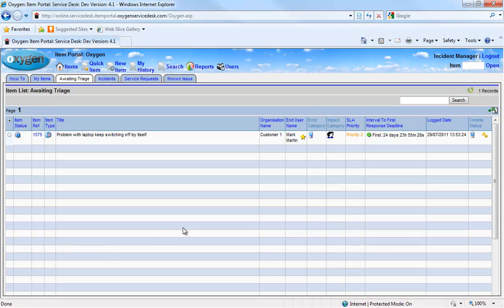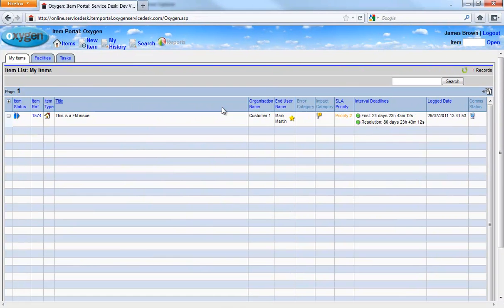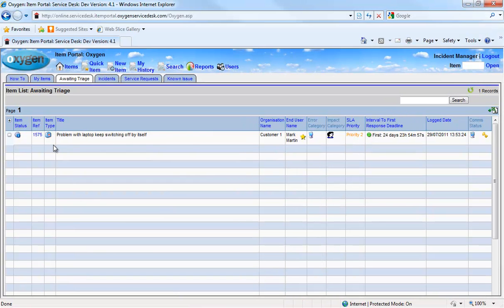So here we are looking at an incident manager, and the incident manager is within the IT department, whereas also I have my facilities team manager, James Brown, who only sees items within the facilities management queues. And if I click on this item 1575,